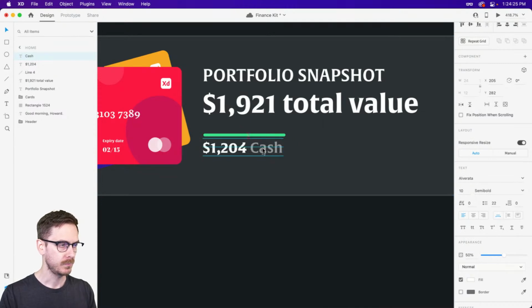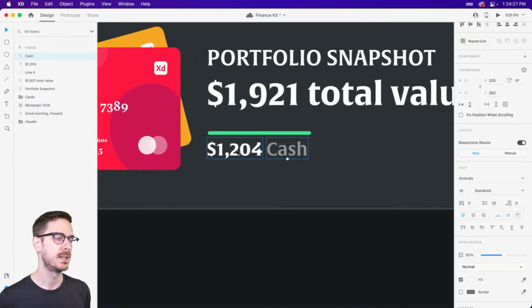All right, so what I want to do now is start setting up our stacks. And this is just going to make our editing life so much easier for many different reasons. And you're going to see we're going to have a stack and a stack, and maybe even stacks and stacks and stacks. So in this case here, I have 1204 and I have cache. But the next line item